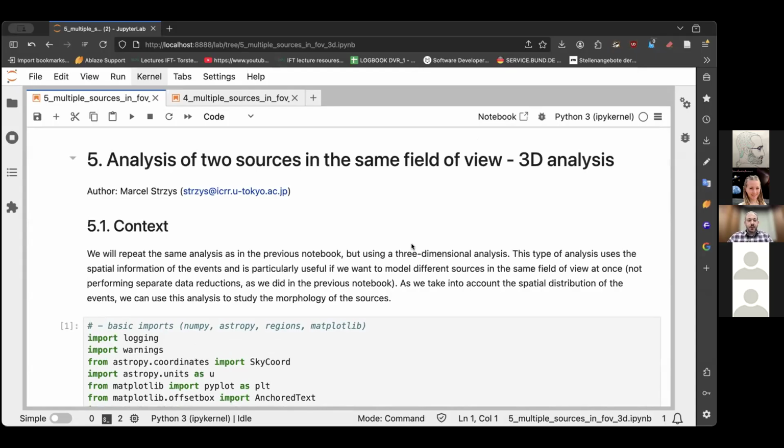My name is Marcel Strzys, and I'm currently a project assistant professor here at the Institute for Cosmic Ray Research at the University of Tokyo. And it's a pleasure to introduce here the 3D analysis case to you within this school,